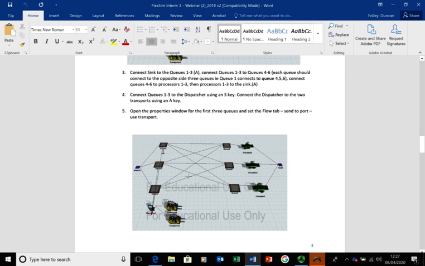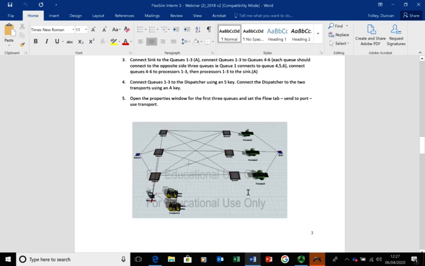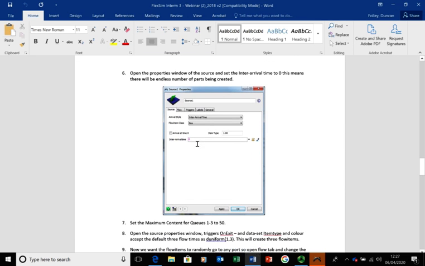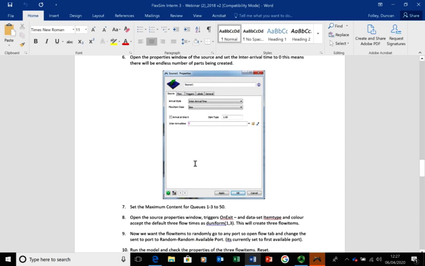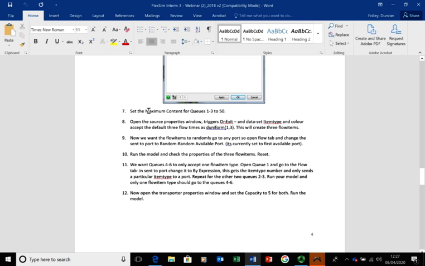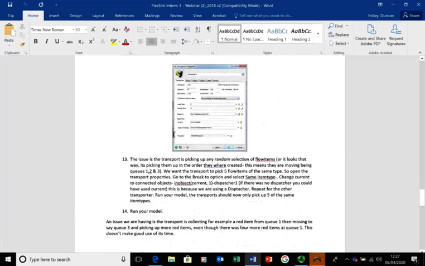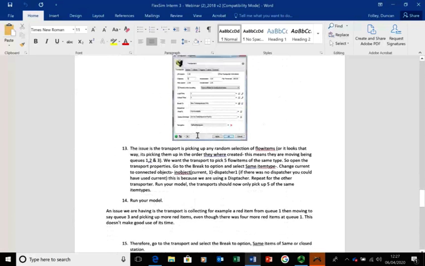So the source is going to feed the 3 queues. These 3 queues can then send to any of the other 3 queues across the side, and then they're going to process and send to the sink. So it's a standard source. We can have a 0 inter-arrival time, so we're going to have a large number coming in, and we're going to change the queues to send random, and then we're going to edit the transporter features,